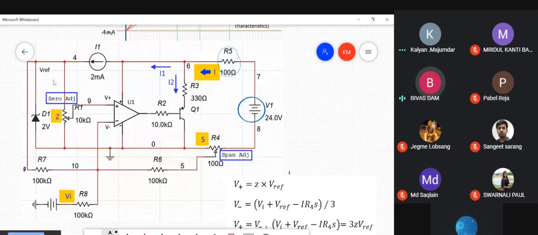ভিজেড এর যে ভ্যালু সেটাই তো ভিরেফ। না, V reference হলো ডায়োডের অ্যাক্রসে ভোল্টেজটা, মানে ওই ডায়োডের রিভার্স ব্রেকডাউন ভোল্টেজটা। ভিজেড বা ভিরেফ যাই বলো, এখানে ভিরেফ নাম দেওয়া হয়েছে। জেড হলো ফ্র্যাকশন। না, এখানে জেডের কনসেপ্ট আলাদা।